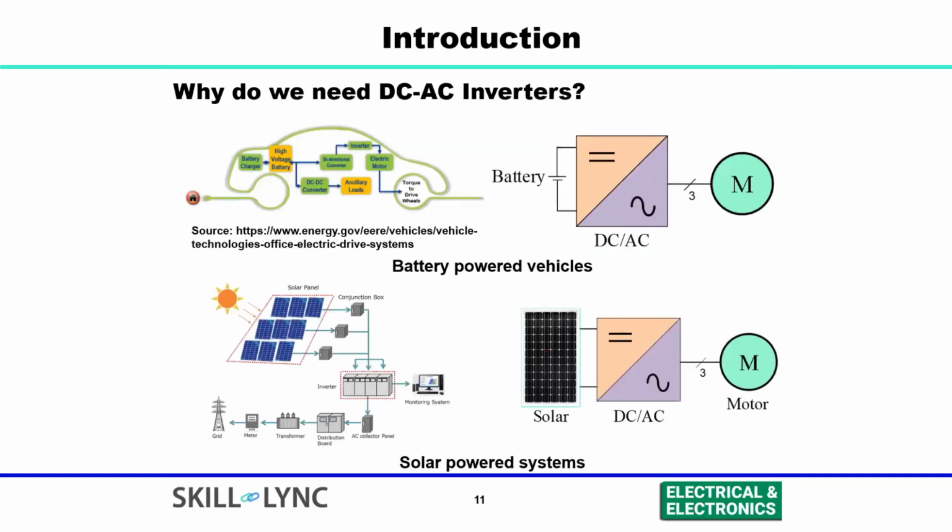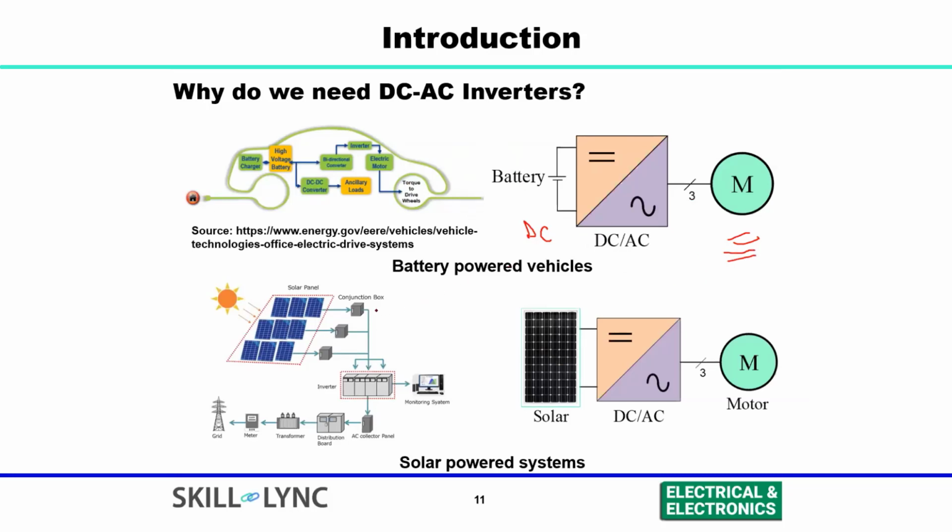So can we have anything that converts directly? Yes, in electric vehicles we have a battery, which is a DC source, and we need to connect the motor which propels the electric vehicle. So I'm representing it here with a battery and a DC to AC converter to control the motor.